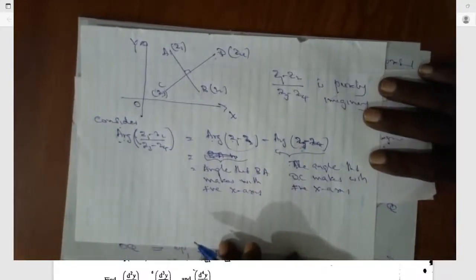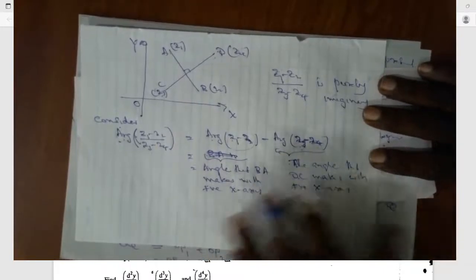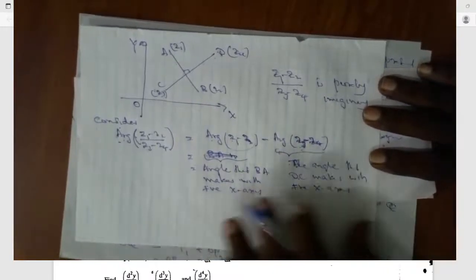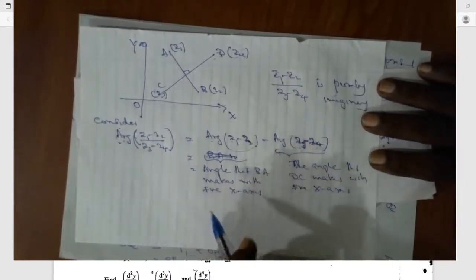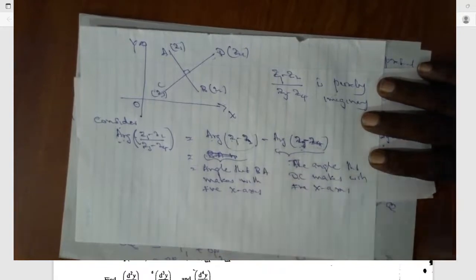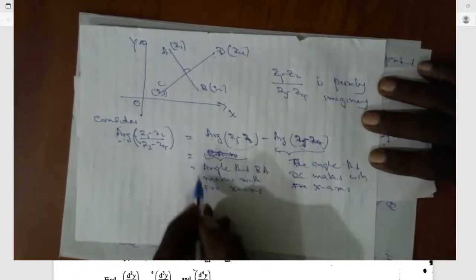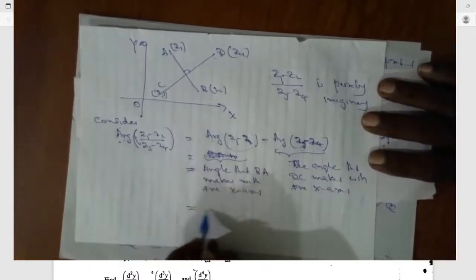What is this difference? If BA and CD are perpendicular, you can say this equals pi by 2,